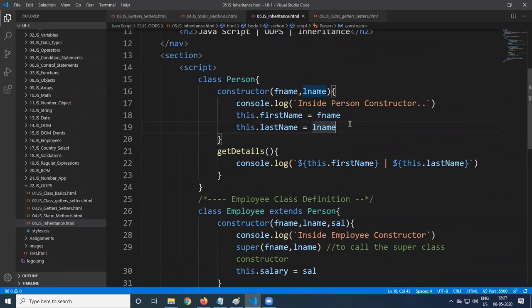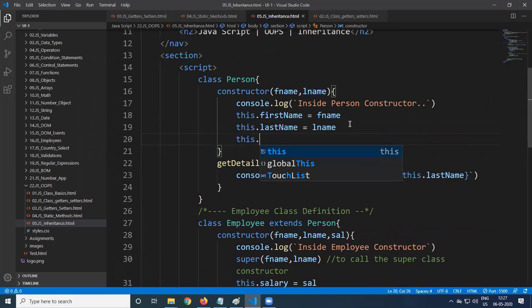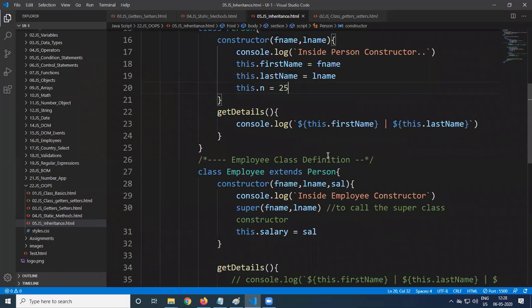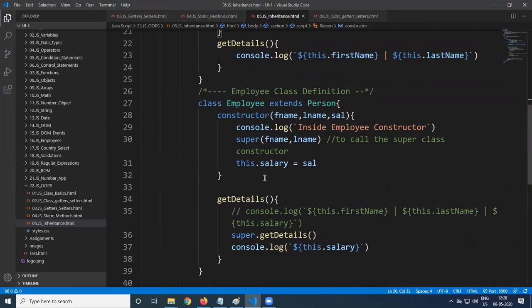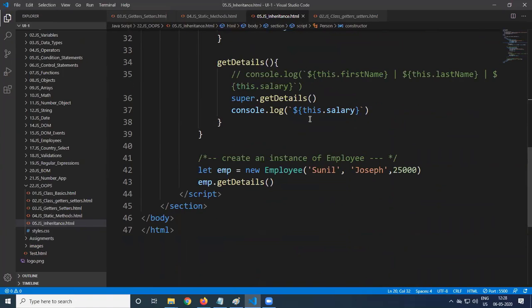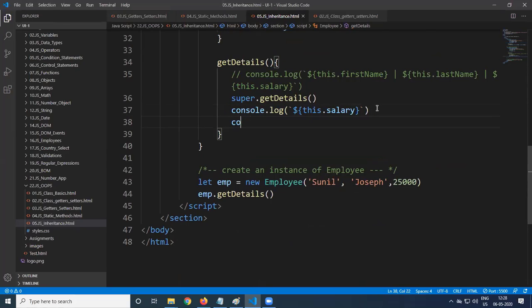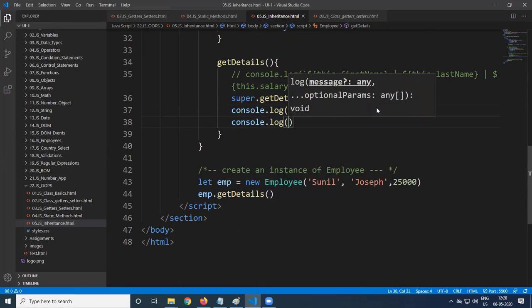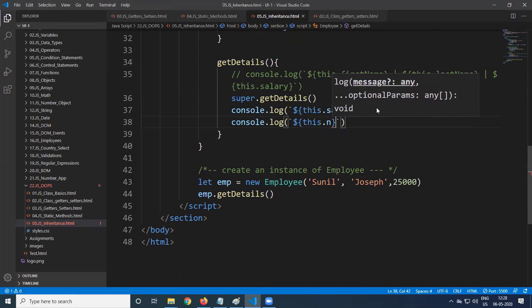For the sake of understanding, I'll say this.n is equal to 25. So how many properties are there for employee? Employee has got 4 properties. Which are the 4 properties? First name, last name, salary, and also n. Now, whenever you get the value of n, for example here, console.log with backtick, ${this.n}, one more time we are getting ${this.n}.